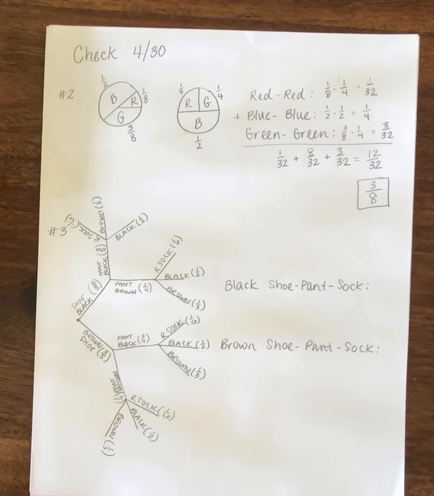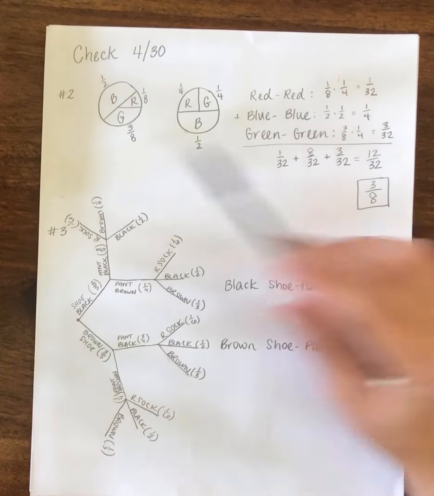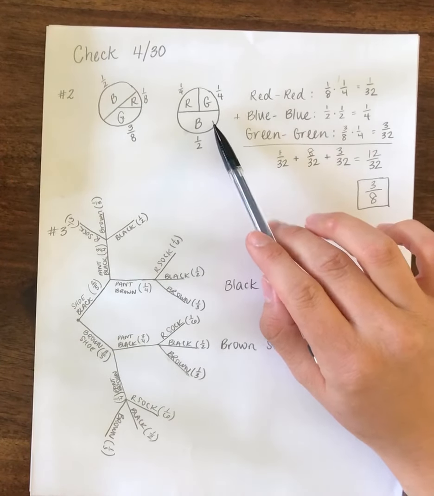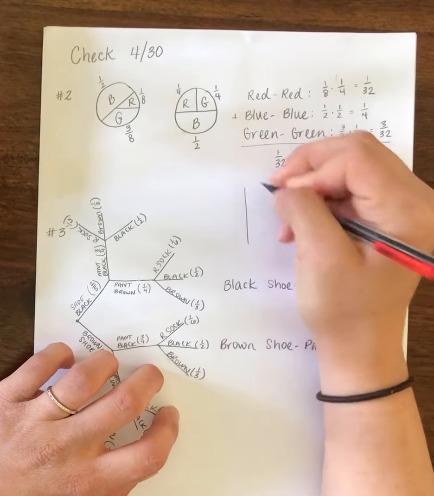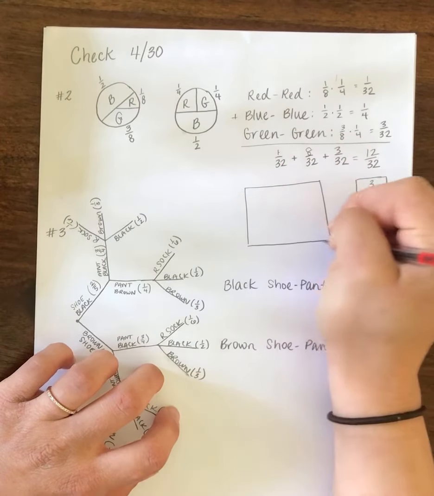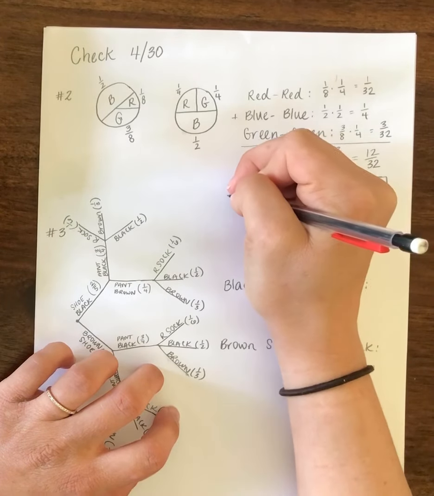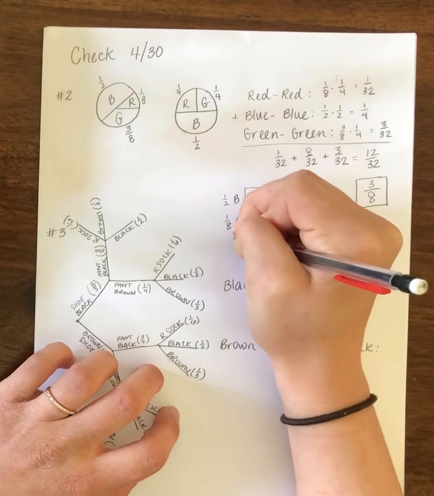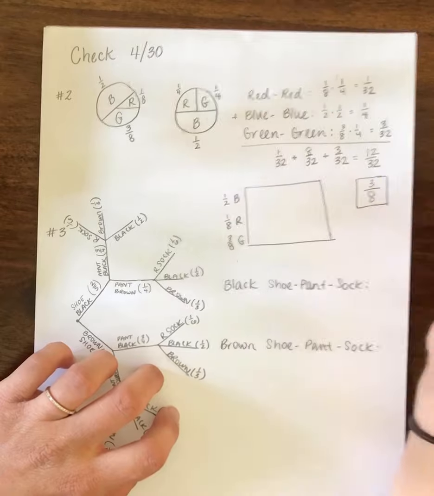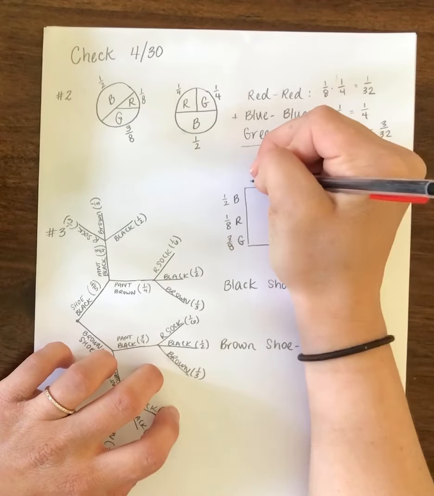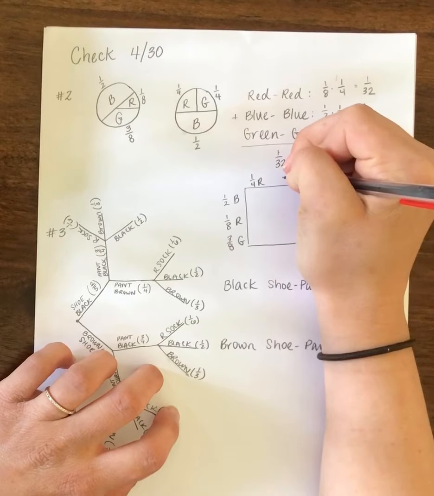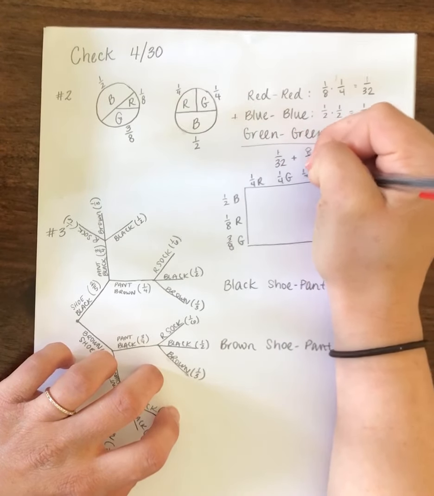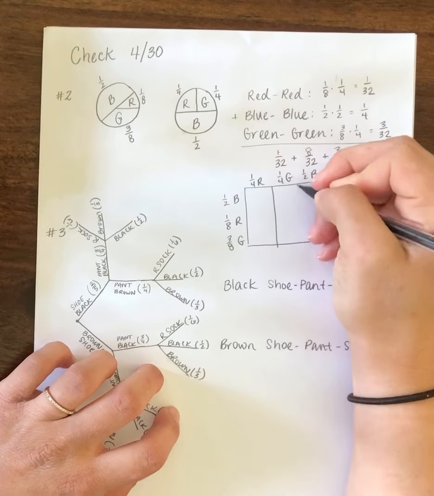So that one we broke down without necessarily needing an area or a tree diagram, just with my work, but definitely an area model would have been really great to use for number 2, because you could have compared spinner 1 to spinner 2. So if I do spinner 1 here, I have 1/2 blue, 1/8 red, and 3/8 green. And then for spinner 2, I have 1/2 red, 1/4 green, 1/2 blue, and gridded it up into your